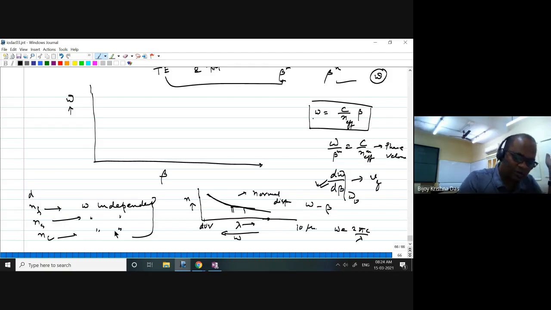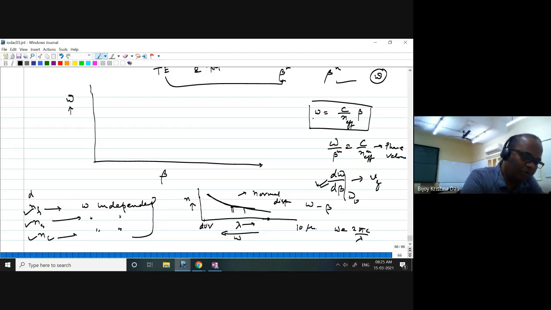Let me consider that NF, NS, NC are material independent. They can be omega dependent, but they are different for a particular frequency or wavelength. NF, NS, NC are different, otherwise there would be no existence of a waveguide, right? But for a particular window of frequency, we can say that NF for that film material is the same.